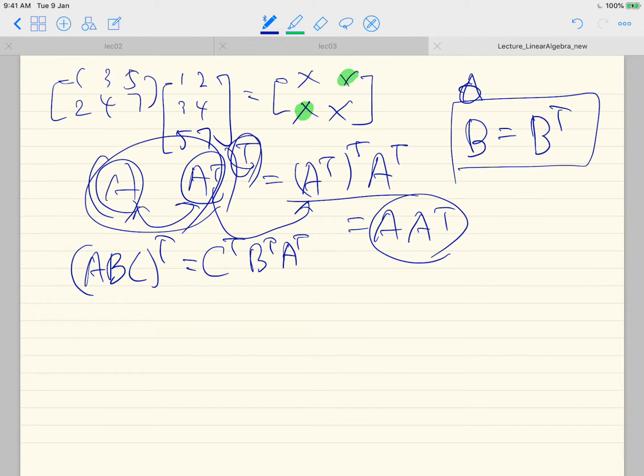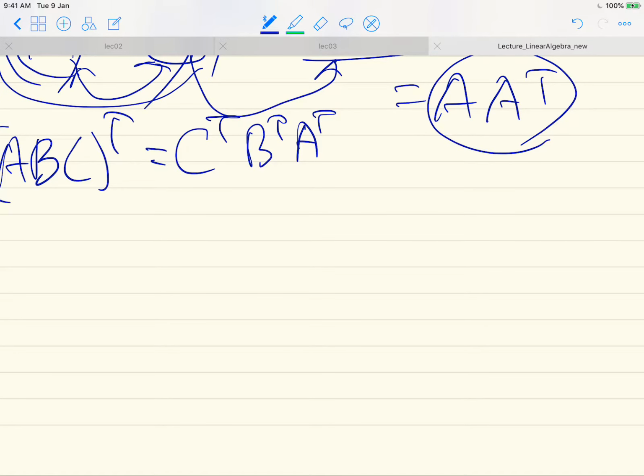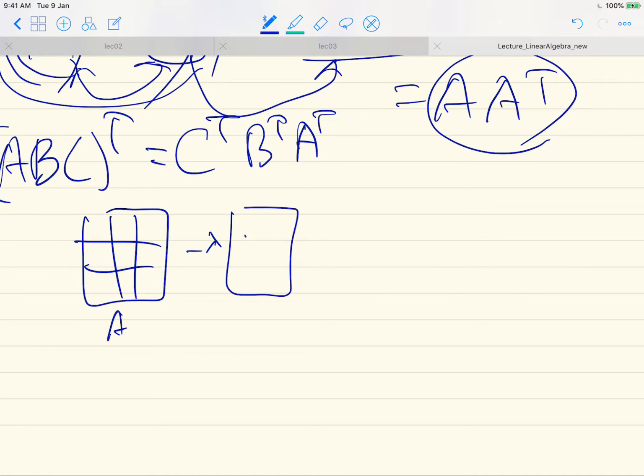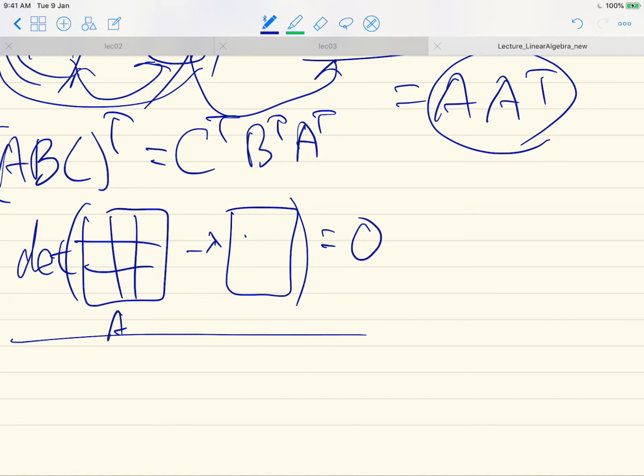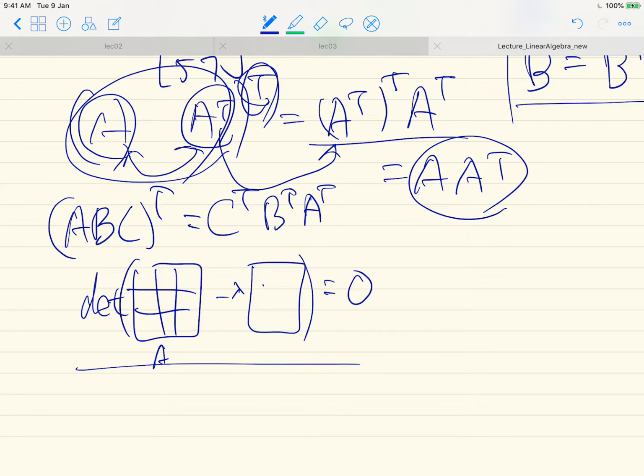Let me mention one additional thing to make it a little bit more comprehensive, although it's still not perfect. Suppose we obtain this 3 by 3 matrix A, and lambda times I, and the determinant of it being 0. This equation has its own name. So what is the name of this equation? This is, of course, a third order polynomial. But this equation is called the characteristic equation of matrix A. Okay, and in Korean,